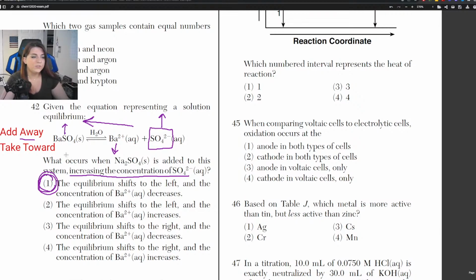So yeah, that one is very difficult. Nobody likes Le Chatelier's principles. But again, I have a whole video on it. You won't have more than one question on Le Chatelier's principles, and you only need 50 to pass. So